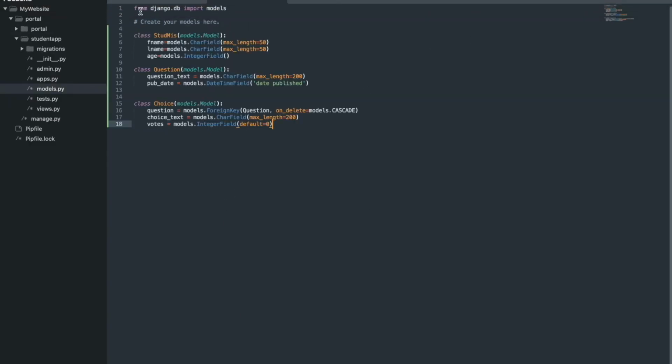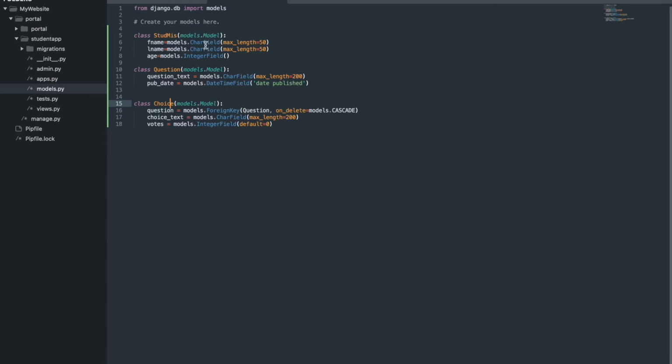So if you see over here, from django.db import models, I have created one model which is student MIS, that has first name, last name and age. There is one more database which is question, which has question text and publication date. There is one more database which is choice, which has question, choice text and votes.